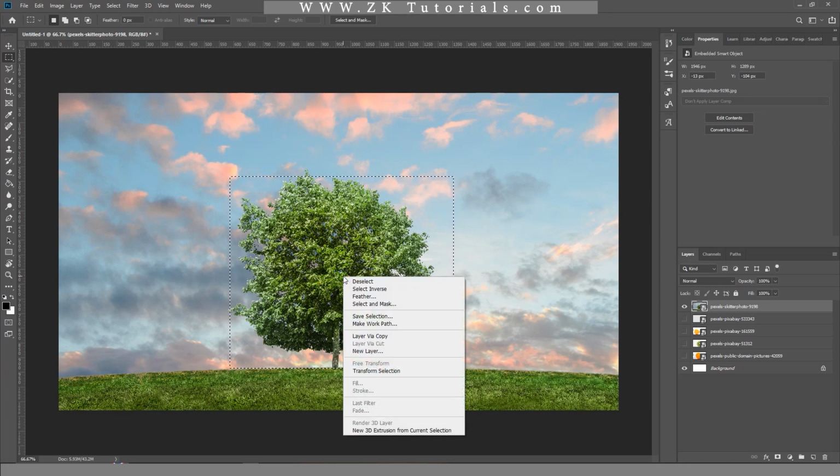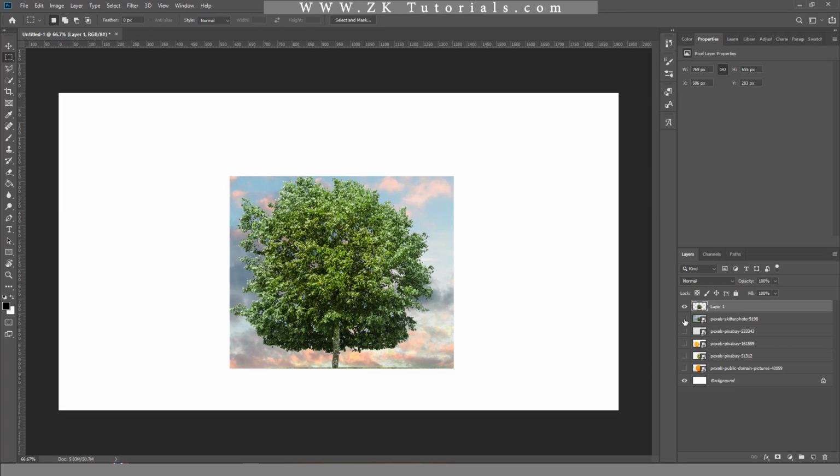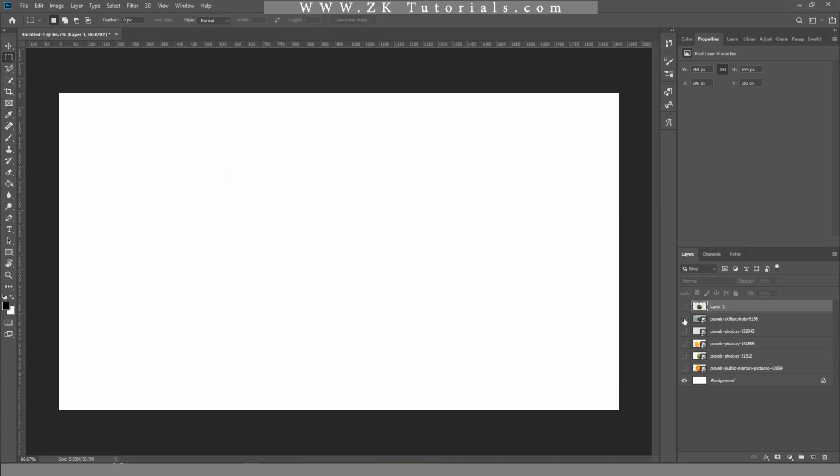So I'll simply right click on this and choose Layer via Copy. Okay. Now I'll show you by clicking on the eye icon and turning this off. This is the tree we got from the selection by the rectangular selection tool. Okay, I'm just clicking this off and I'm again